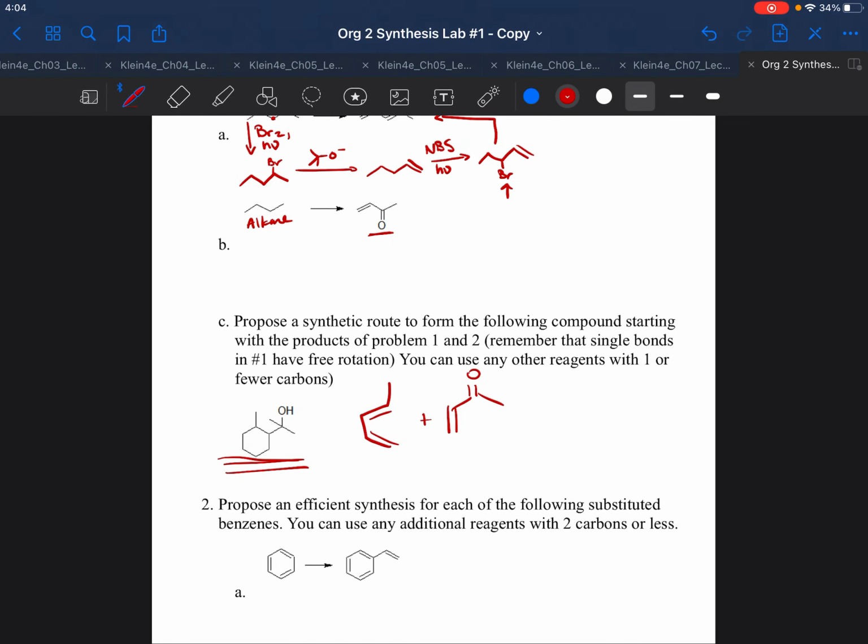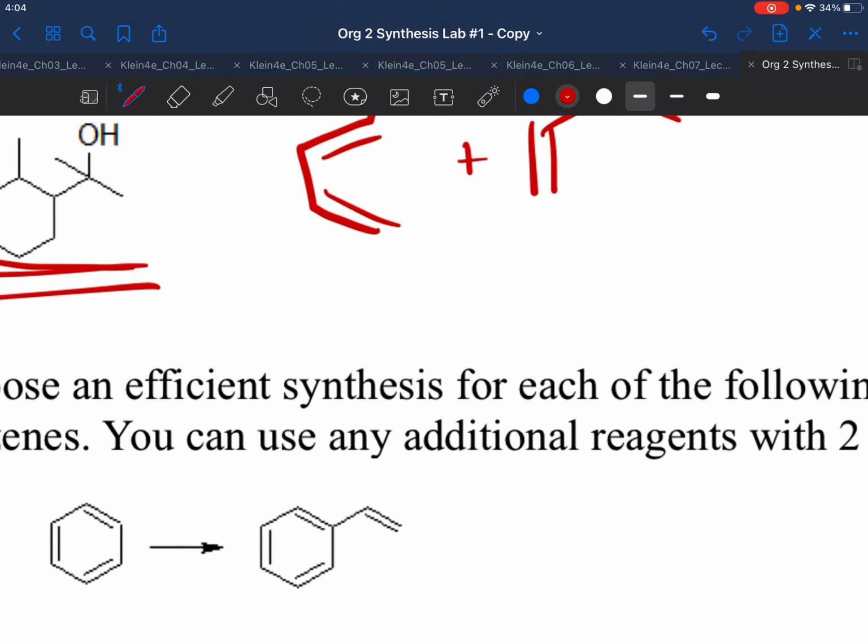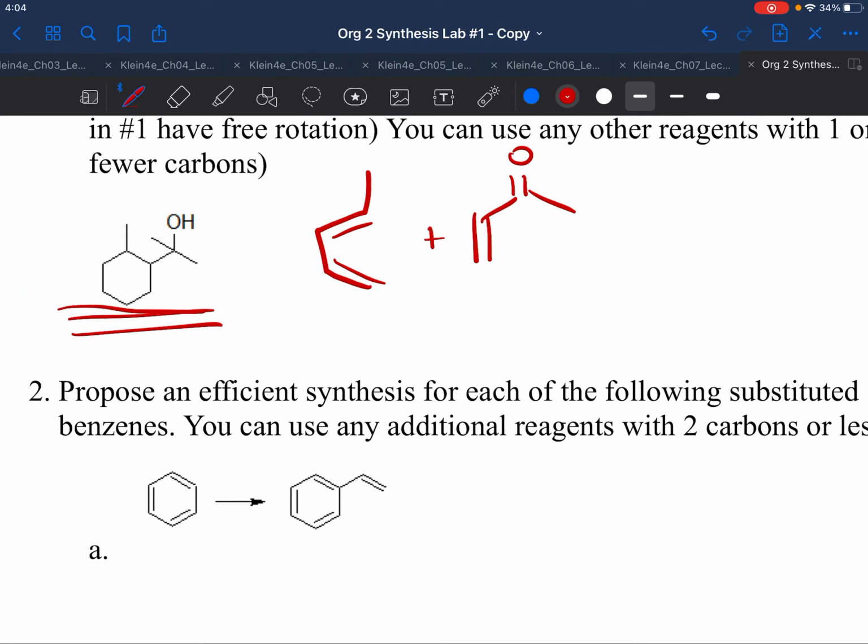All right. We are going to go ahead and do 2A. Now, we've got benzene, and we are making styrene, right? So we want to add this 2-carbon piece. And so we need an alkylation. The issue here is when you do an alkylation,